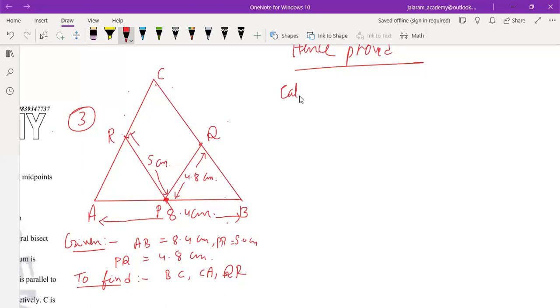The next thing is the calculations or the solution, you can write. And then write the name of the triangle. First of all, in triangle ABC, P is the midpoint of AB. Given that P is the midpoint of AB, you have to mention it in given also. AP equals PB is given. BQ equals QC is also given. And one more thing, R is the midpoint of CA, meaning CR equals RA is also given. So CR equals RA, AP equals PB, and BQ equals QC. These three things are given.